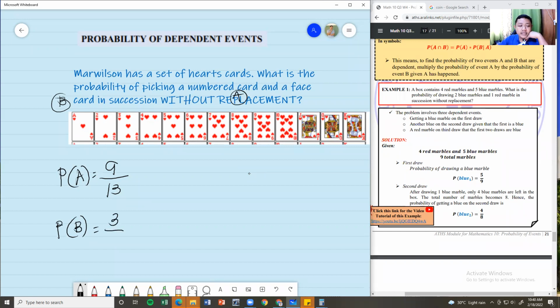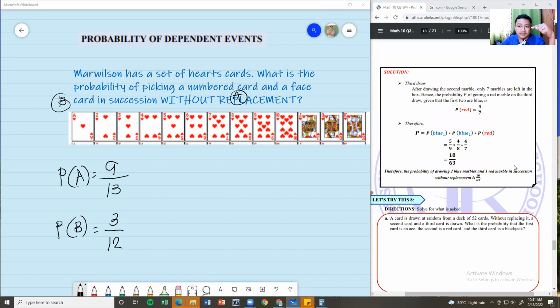But since the first card was already picked, only 12 cards are left. Can you follow? Since only two cards are being picked, a numbered card and a face card, that is as far as we go. After that, we just have to multiply the probability